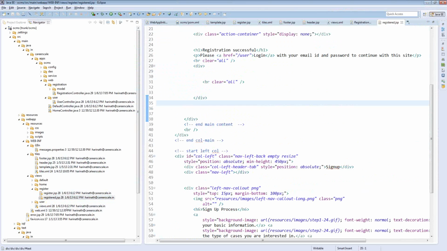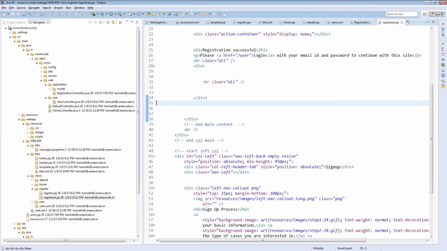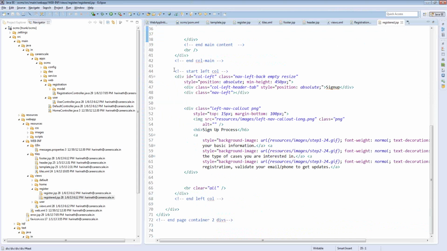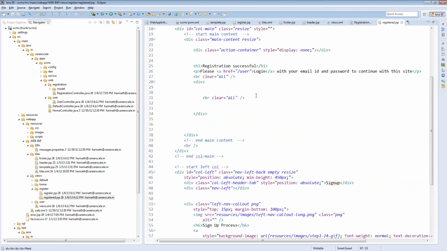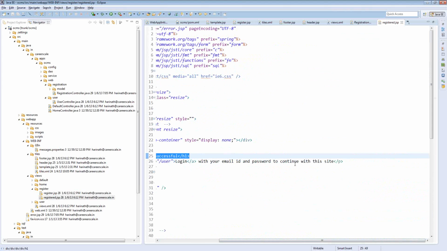I actually don't even need this side stuff, but I just kept that part. I can probably remove this part. Otherwise I just have registration successful, and then please log in with your email ID and password to continue with this site. I just mentioned that text, but